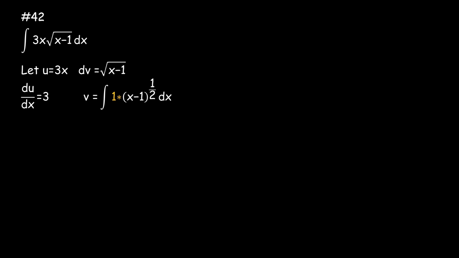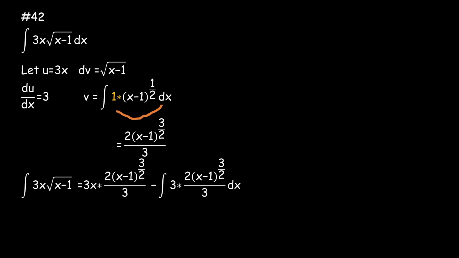We're going to treat that as an entity on its own with a power of half. And if you're integrating with the power of half, it means you need to add 1 to that power and divide by the new power, right? So this would make the integral of this equal to 2/3 of x minus 1 to the power 3 over 2. So I basically added to the power and divided by the new power. Okay, now we can go ahead and use the formula for integration by parts. We substitute it, and we should get